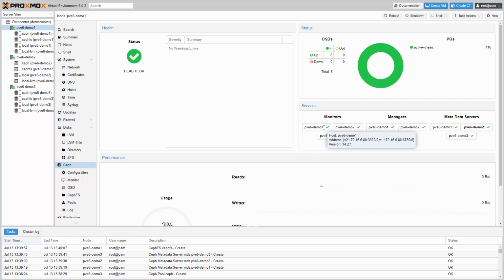The new Ceph dashboard displays a detailed status of the Ceph cluster, the IP addresses, the port of the services, and the software version number. The version number is quite useful in the case of software updates, so you can always see if your services run on the latest version.